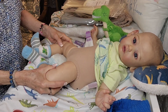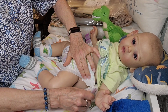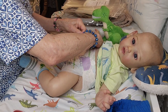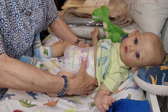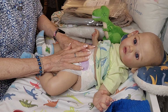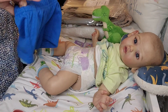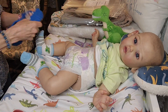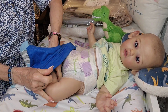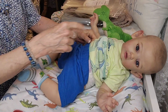You just get you some zip ties, Dollar Tree or wherever, probably Walmart has all kinds of different sizes and widths of zip ties, and you just get you some of those and keep them on hand for when your babies lose their limbs like that. So yeah, oh, that was fun. Okay, let's go ahead and get you all dressed up. And Janae and Edley, I'm so sorry. I sure didn't expect that to happen, but it was a perfect teaching moment for me,